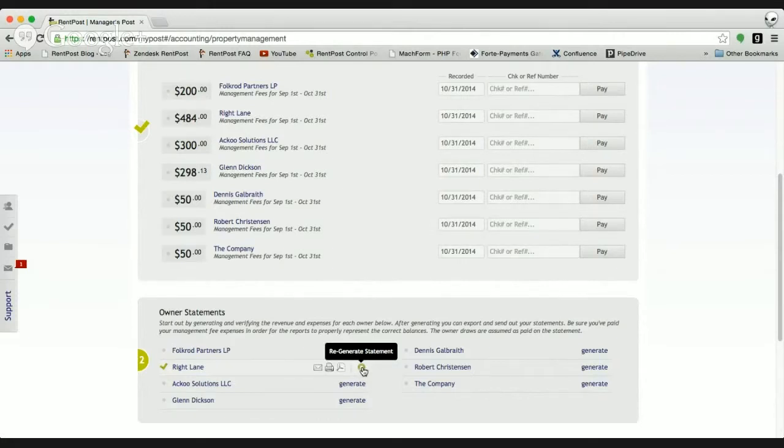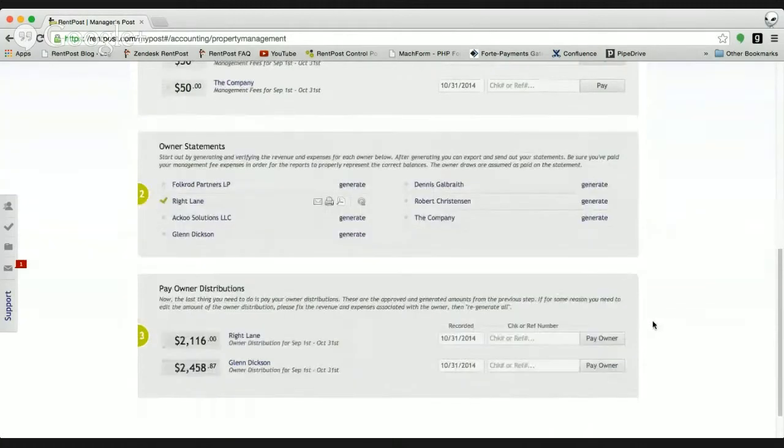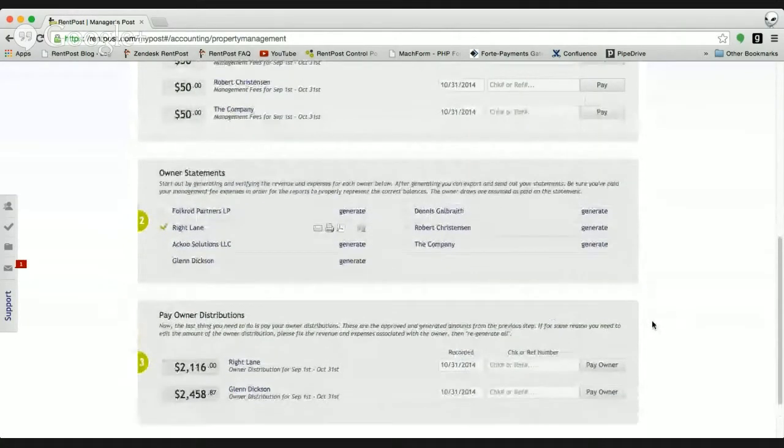What that allows you to do is, if for some reason you did need to record additional revenue after you had generated this owner statement, you could regenerate it and run the calculations once again. Then, of course, you can save it, and it will have the new revenue or expenses that you recorded within the statement. That, again, is a hard copy. So that's another thing to pay important note of.